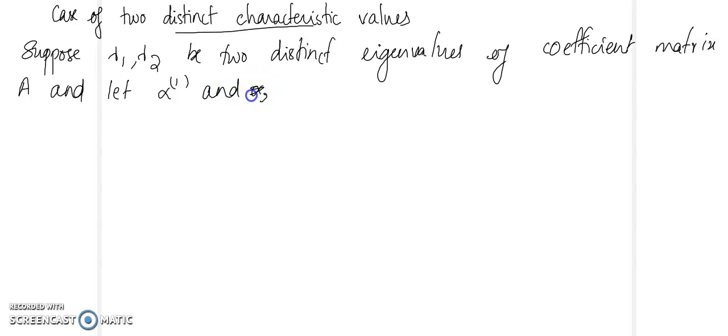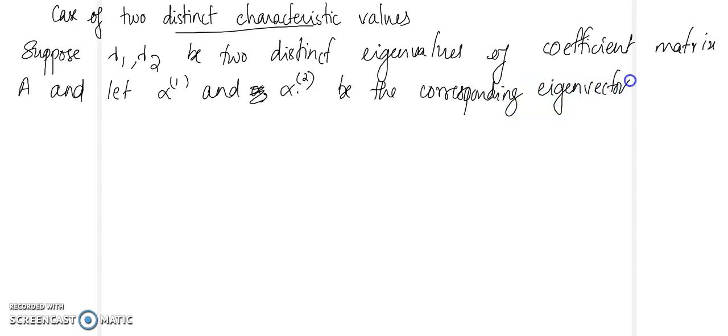So let alpha 1 and alpha 2 be the corresponding eigenvectors of A. Then the two distinct vector functions are